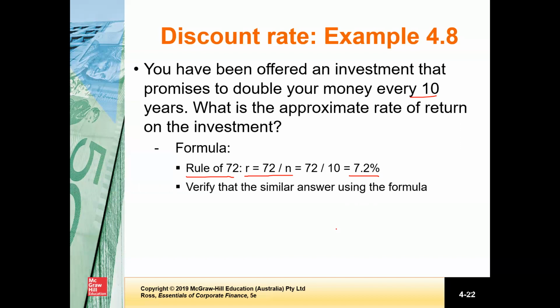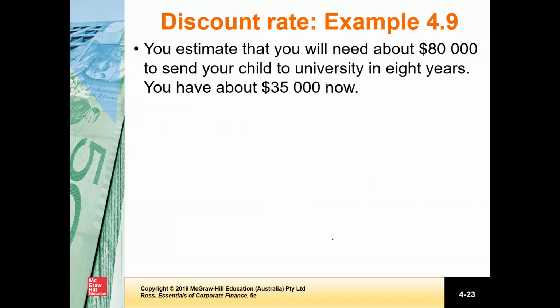Now we can check this. So you know that the rate of return formula is future value divided by present value power 1 by t. So let's say we are investing $1, so it will grow to $2 because it will be doubled, and 1 by 10, which is the time period. And if we solve for R, we find that it is 7.177%, which is almost equivalent to 7.2%. Okay. Another example,